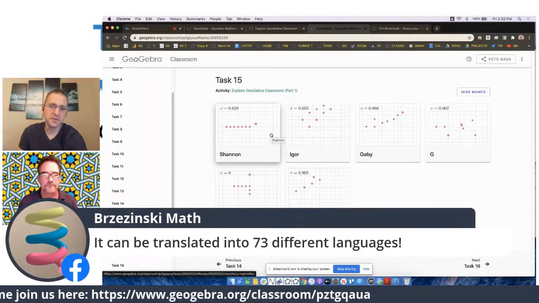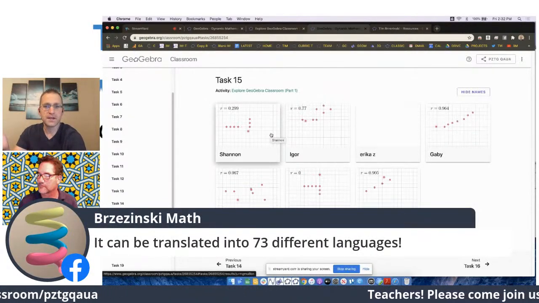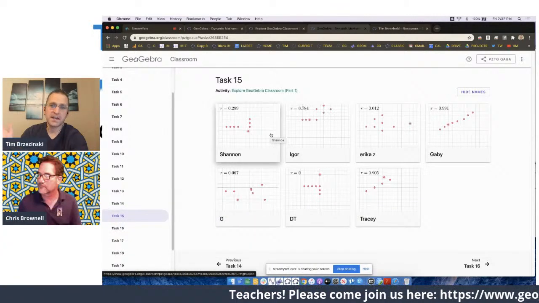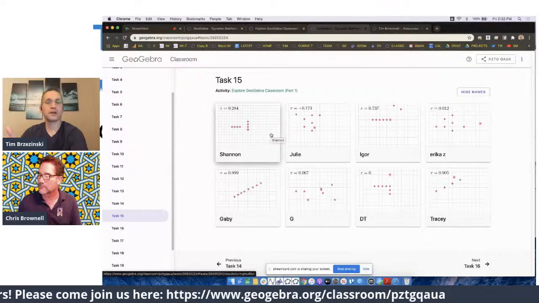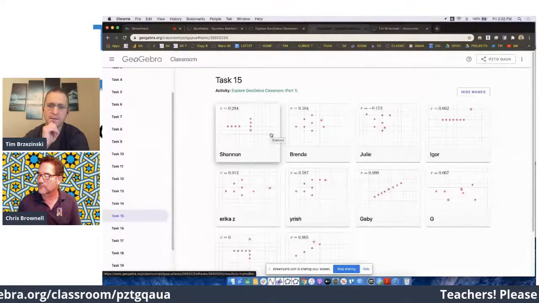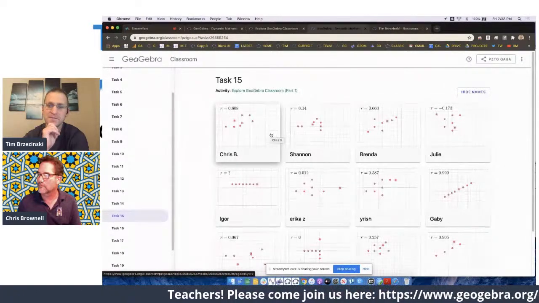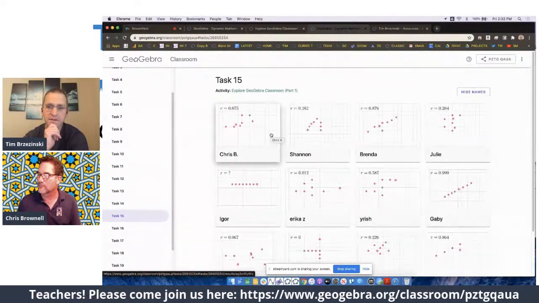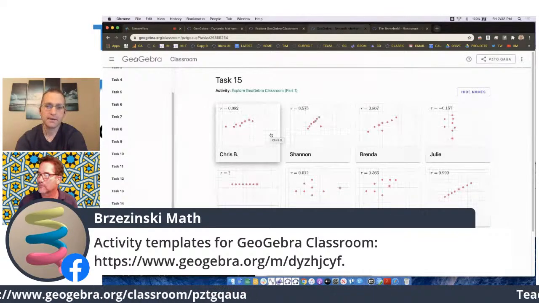You algebra teachers know this is the correlation coefficient, right? But why not take this app, copy it, and ask the students, what happens? Can you make that number R as high as possible, please? You know what I mean? What's the biggest that mystery number ever gets? With GeoGebra, you can do that.